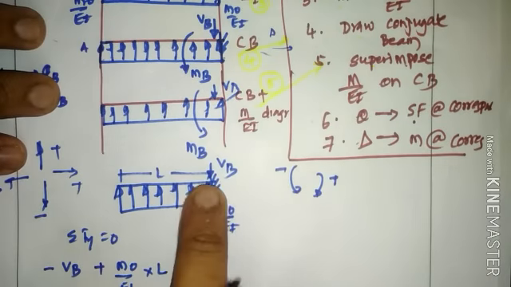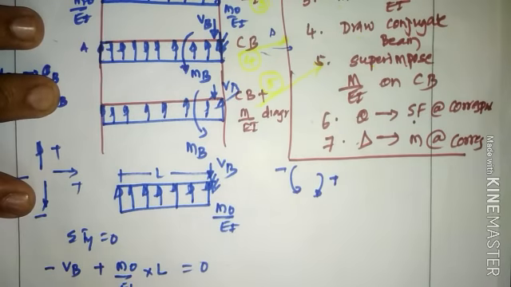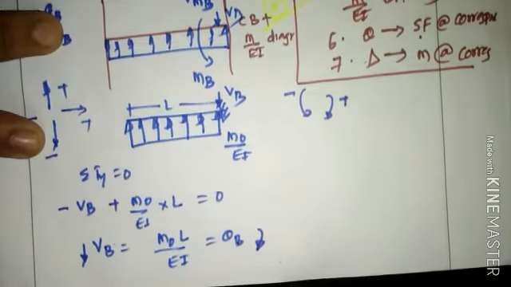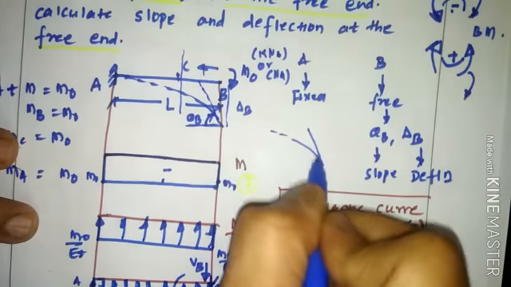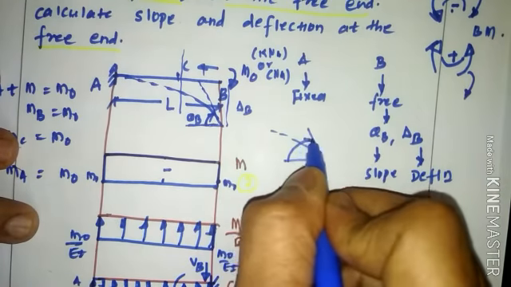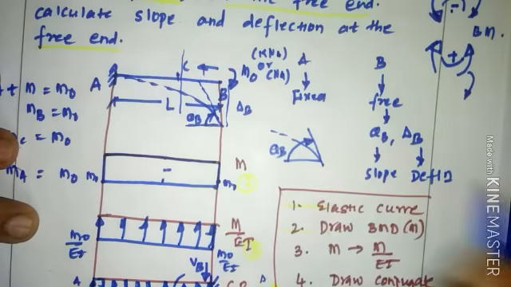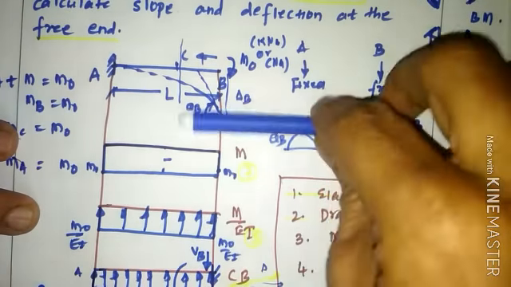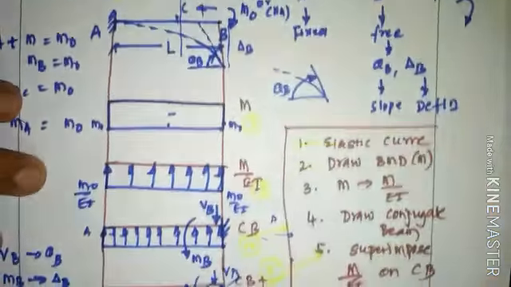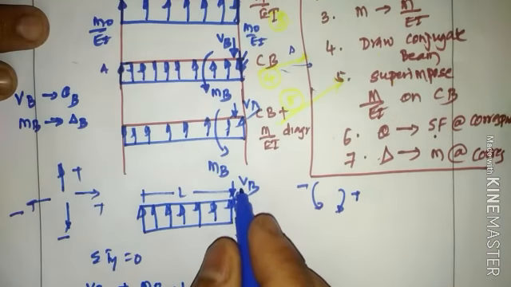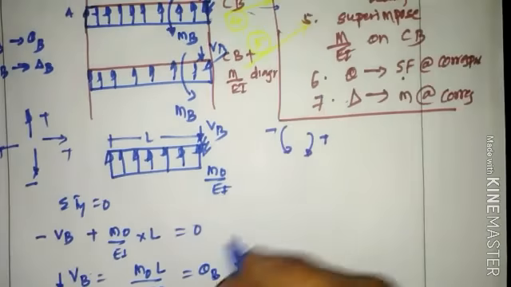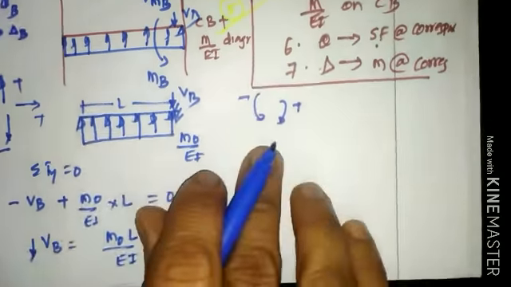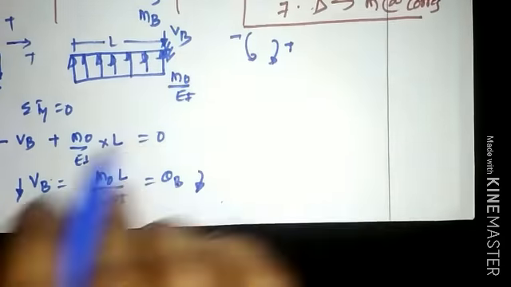Here, if you check, this particular force is on the right hand side, which is downward, so the angle is to be considered positive. Positive means the angle is considered clockwise. If you draw an elastic curve and then draw the tangent, this is the convention for the clockwise direction, which is theta B. So this direction of rotation is clockwise, theta B. Since the shear force is on the right hand side, this angle is considered positive, which is clockwise. So this is the calculation of the shear force VB.